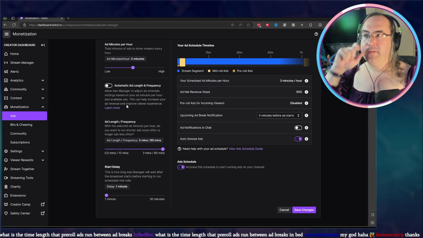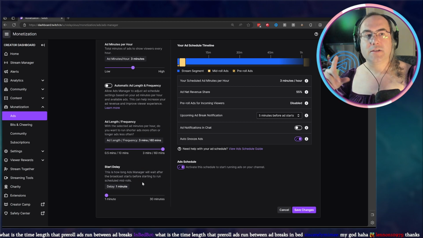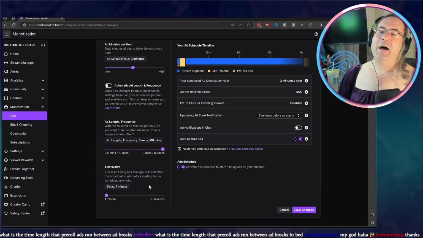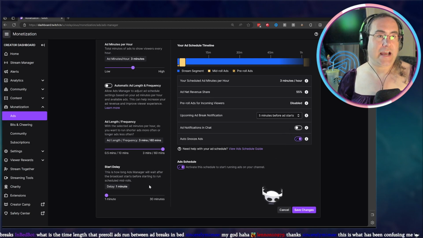The other thing that I have here is the start delay. This is, when do I want the ads manager to run its first set of ads? So if you look here, that little line at the beginning moves here, and the lowest I can set it is a minute. This is the biggest lie in the ads manager. This ad may start 1 minute into stream. It might start 5 minutes into stream. I have my starting soon screen is just over 6 minutes. That typically allows for this ad to run and be done before I go to my just chatting screen.